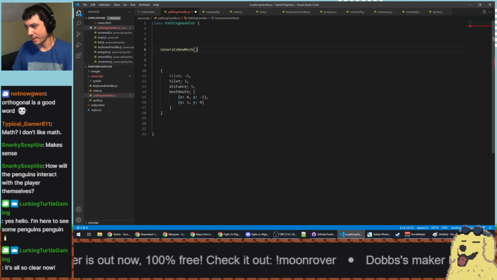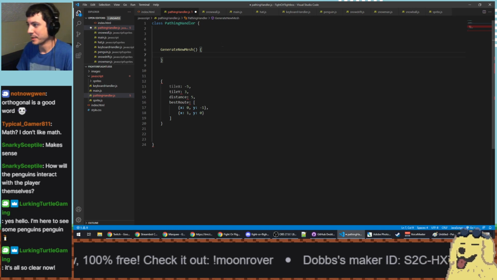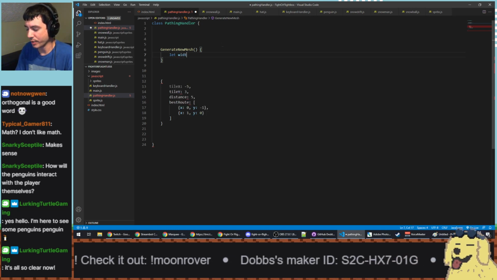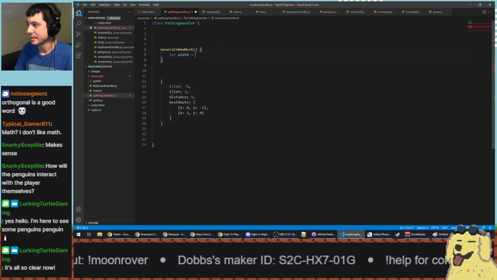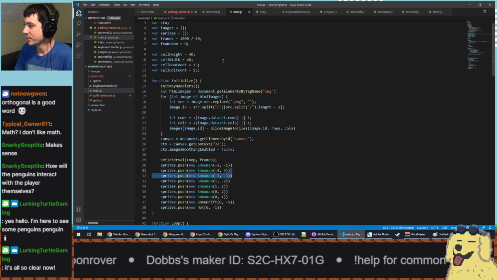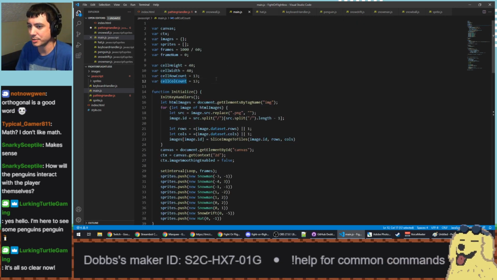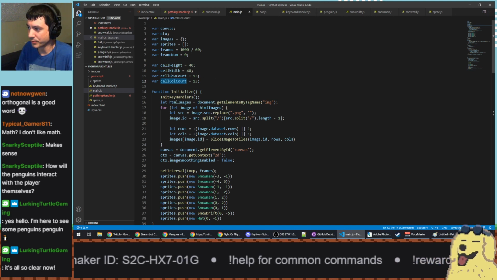I think we're not going to parameterize anything just yet because we don't know exactly what these are going to look like. So we're just going to start with some sort of width. You know what? We do have cell row count and cell column count, which represents our initial sort of